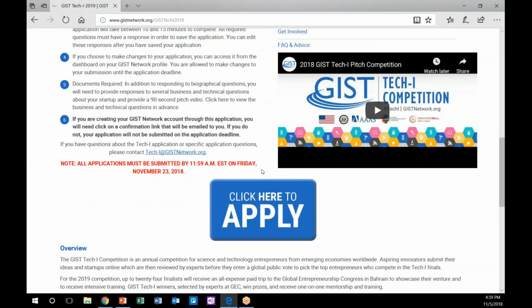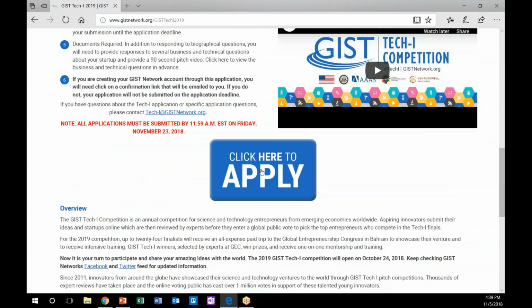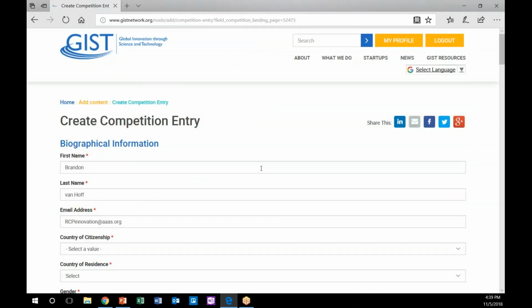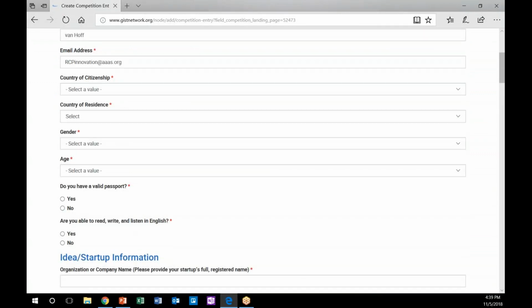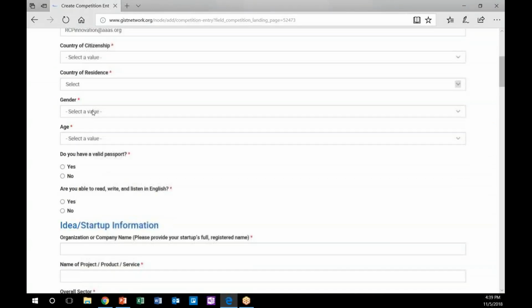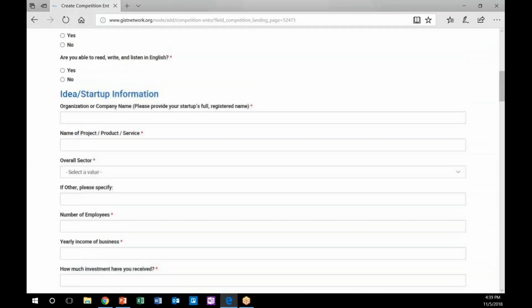All right, so we've read the instructions and we're ready to apply. You click here to apply, and it'll take you to the application form. Some of the information is already filled out. It's being pulled from my profile, but I have to fill out a lot of other fields in order to